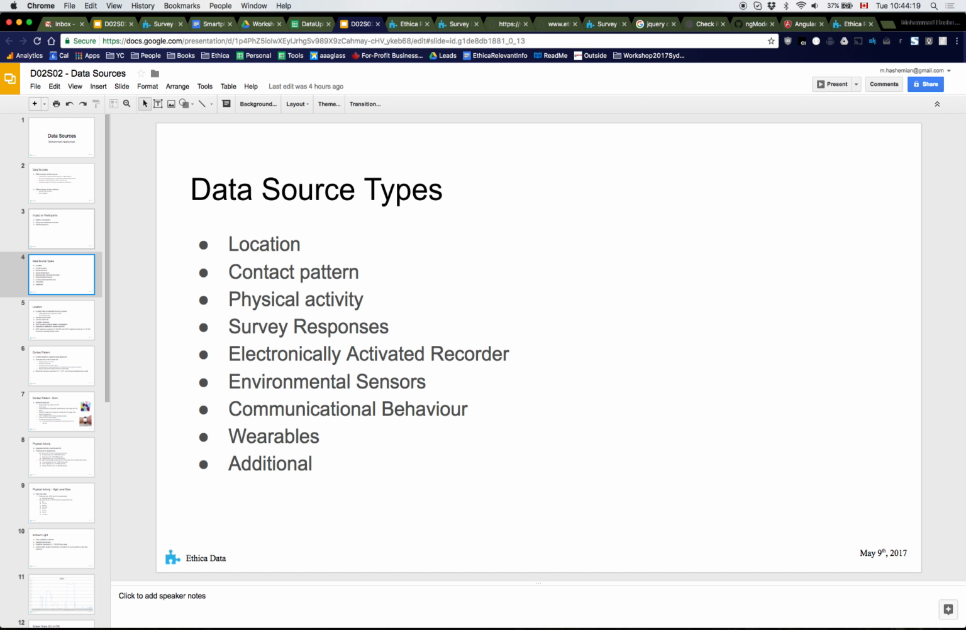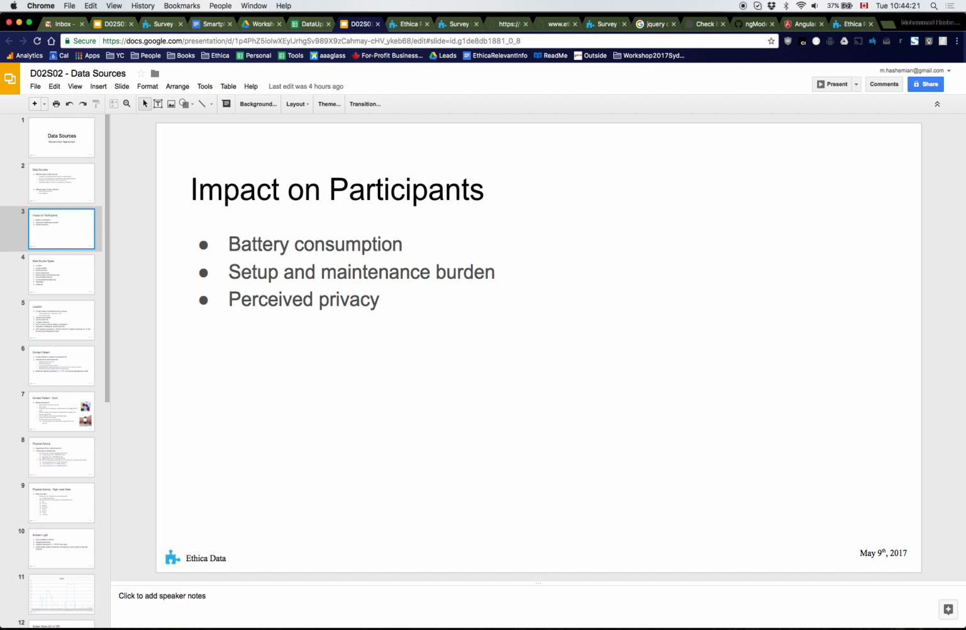Mohammed, yes. Can I ask, which sensors are the heaviest battery consumers? Just from thinking about designing a study such that people don't drop out because my smartphone is running out of battery